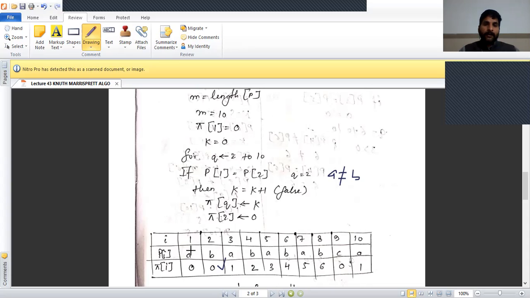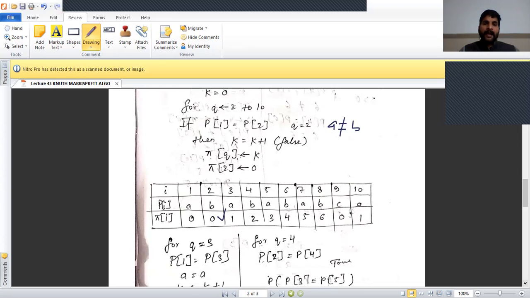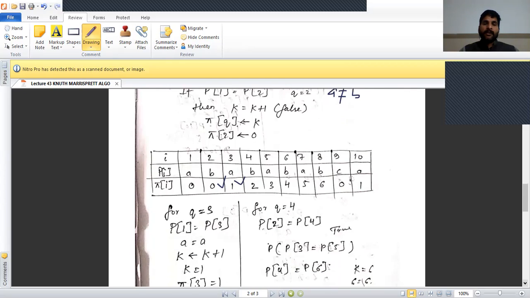So p1 equal to a and p3 equal to a, condition is true. So increase the value of k by 1 and store in pi 3. Pi 3 index value is stored as 1. Now q is increased, q equal to 4.